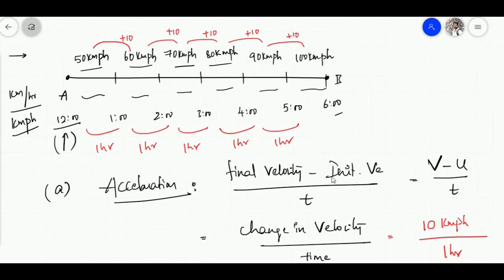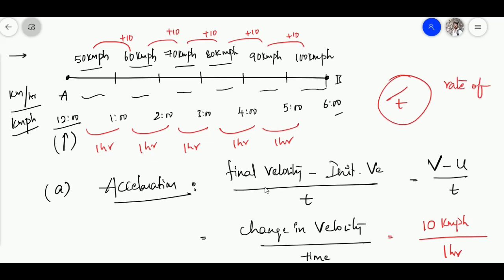So you had a night ride, and you keep on increasing your velocity from hour to hour. For every 1 hour, you are increasing your velocity. How much is the change in velocity, divided by how much time you are taking to change the velocity, or else at what rate? So simply you can remember the word like this: divided by t will be taken as rate of.